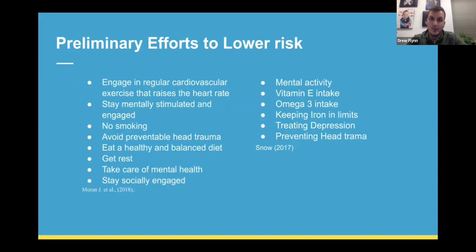And then we'll move on in just these preliminary efforts to lower the risk of Alzheimer's. I pulled this from the guidebook and also past trainings from the Positive Approach to Care. I wanted to compare and contrast. They both mention